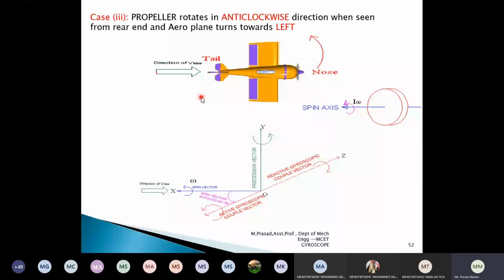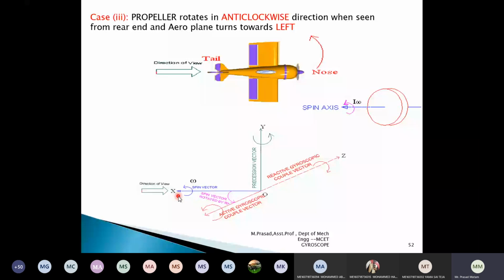Now you can see here the notation of the diagram. With respect to direction of my view, the spin vector is moving towards me. Okay, it has to move towards me, means this is the clockwise motion with respect to this direction. When I am saying this is my clockwise motion, then only it will move in this direction. Or you can keep a pen here and try to rotate your pen. Try to open with the screw where you are in threaded portion. See your thumb portion. The thumb has to always rotate in clockwise.